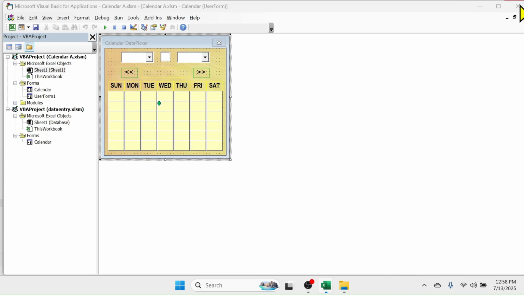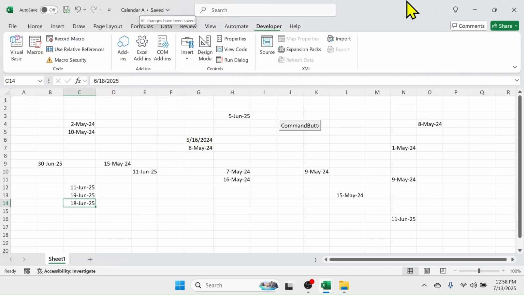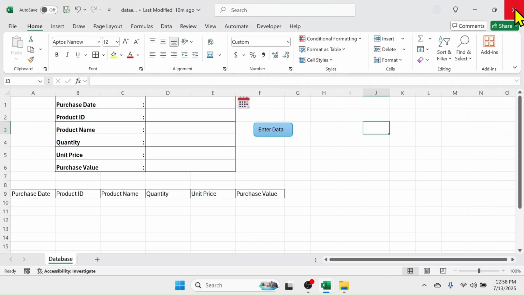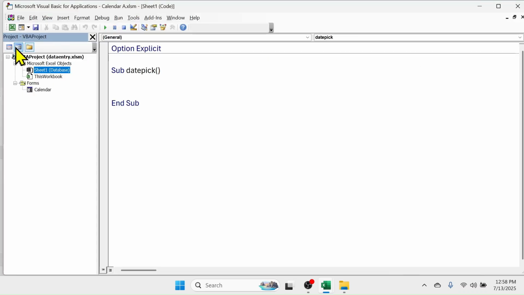Let me close this VBA window and also close this calendar A workbook file. Now if you see in the developer tab and Visual Basic, the calendar is imported in our data entry workbook. After importing the calendar, now between these two lines of code, you have to write